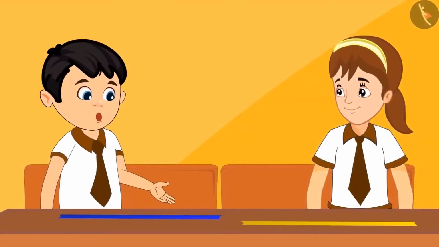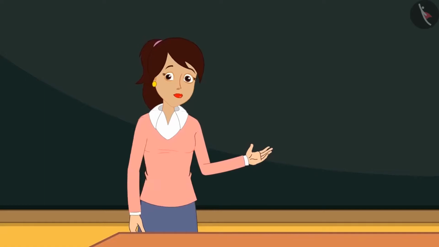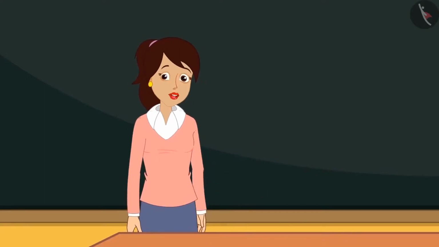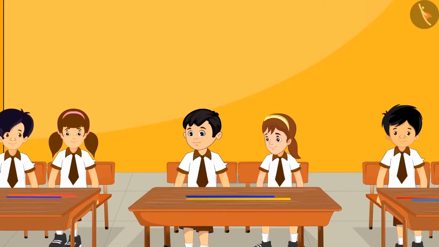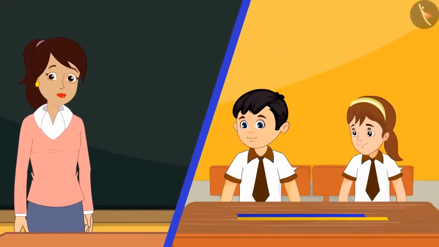Neha, look at my ribbon. And here is my ribbon. Come on, children, match your ribbon with that of your friend sitting next to you. Do you both have the same length of ribbon? Teacher, I brought 5 handspan long ribbon. So did Neha. But my ribbon is shorter than Neha's ribbon.